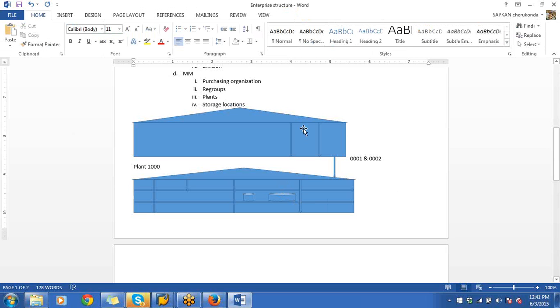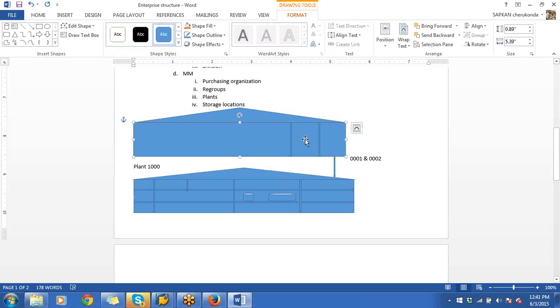Whereas look at this 002, the second room. Is it connected to the warehouse? No. Let's say it's the same window air conditioner. You have the window air conditioner here, and the same window air conditioner you keep it here. But is the truck going to pick this and put it here? No. Why? Because this is not warehouse managed. It's going to remain there.